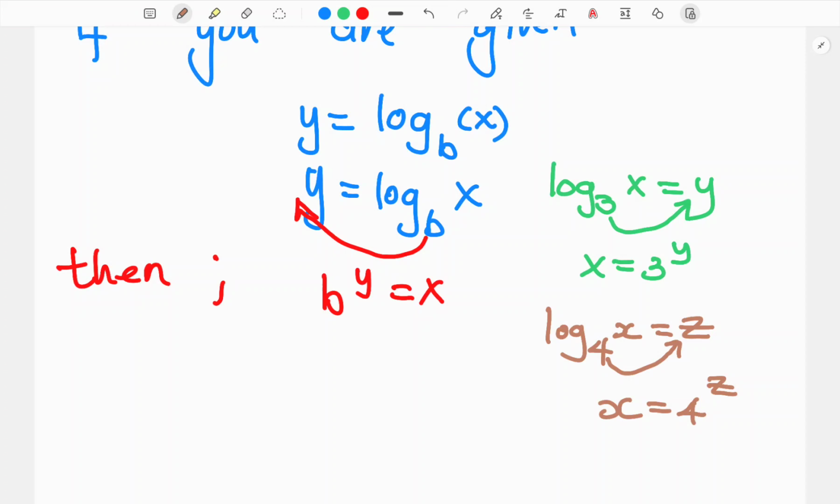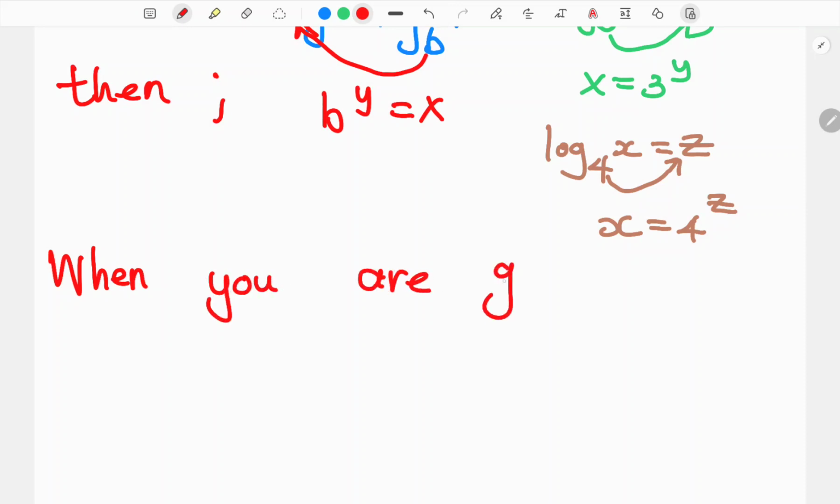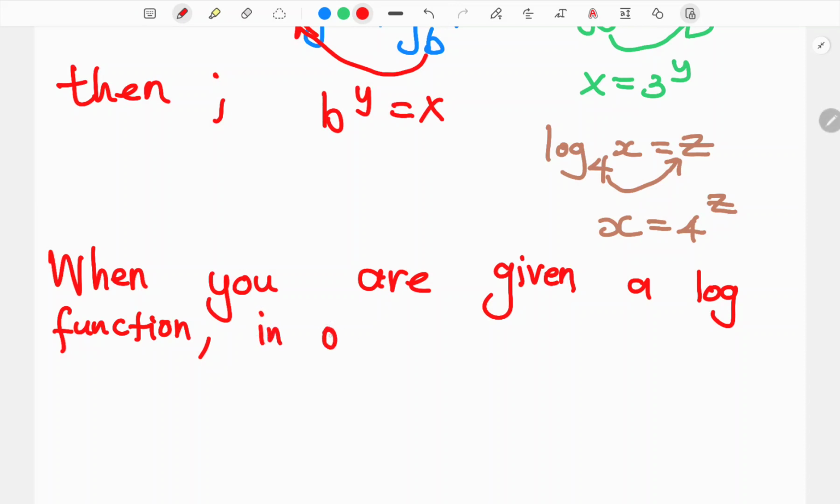And when do you do this? That's the important question. So let's put a note down and understand when we do this. When you are given a log function or a log problem and you need to solve it, what do you do? In order to solve it,